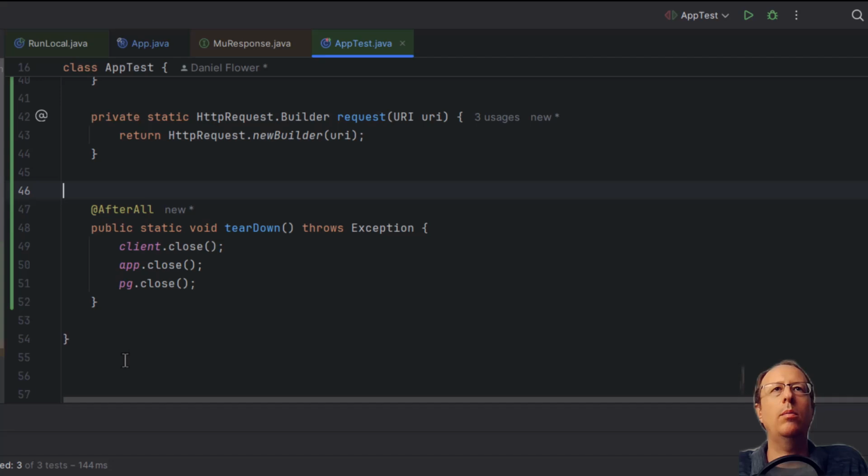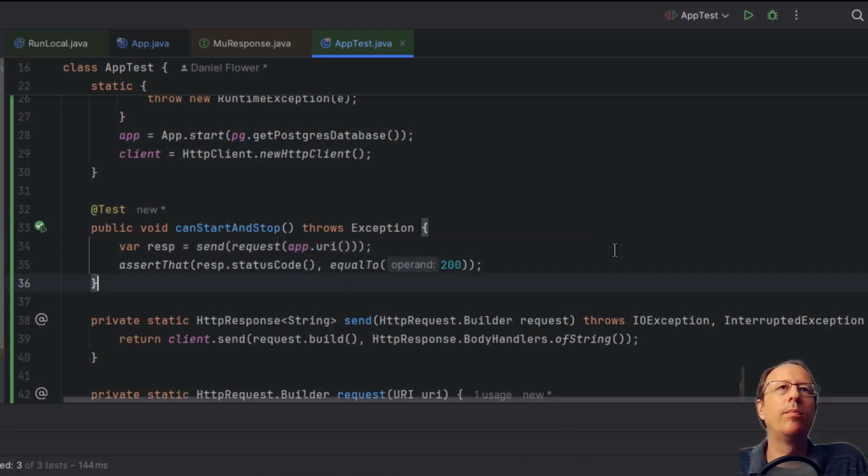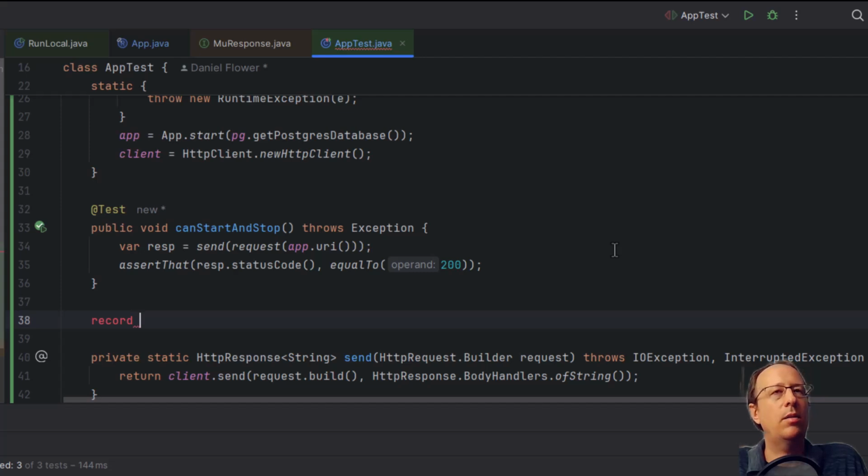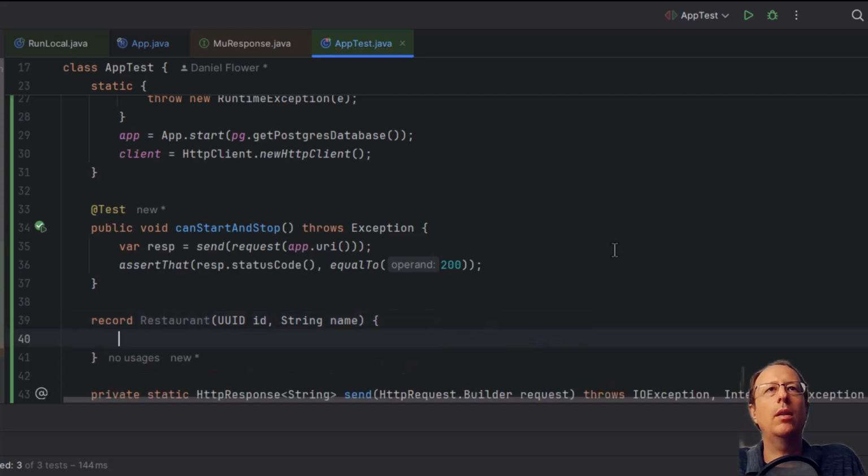Let's delete those. Bye-bye. The application we're going to make is a restaurant application. So we will have a JSON endpoint. We can send in a restaurant detail and we will add it to the database and we can query it back again. So let's start by creating a restaurant class, which we're going to use in our tests. I'm going to just declare the class right here. So a restaurant, and let's give it a UID and a name. That'll do for now.